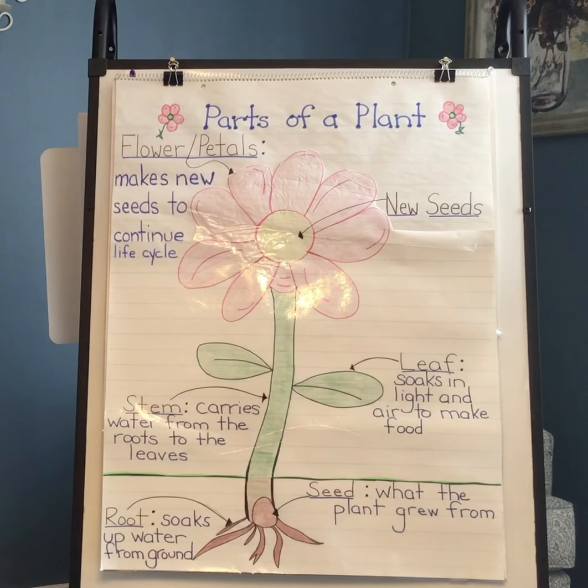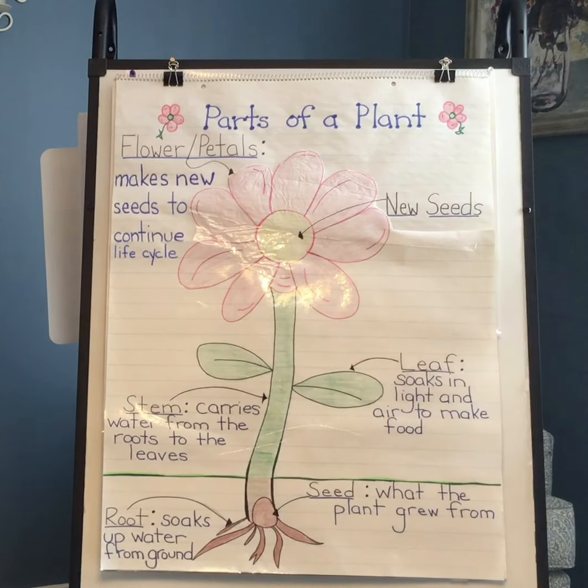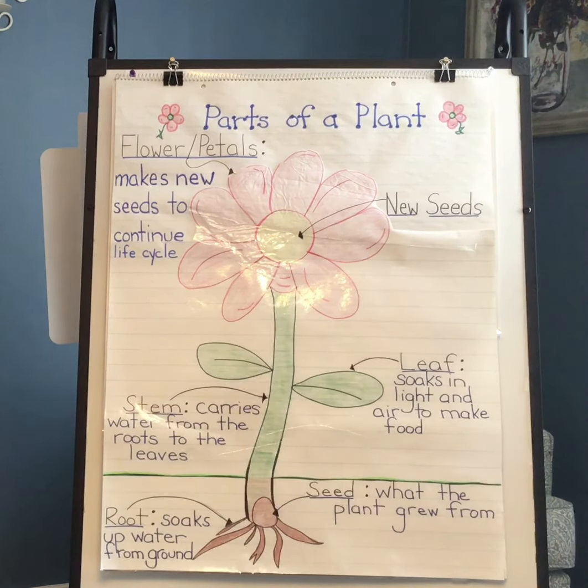So a plant needs food just like you and I do, but a plant's not going to eat sandwiches and cereal and cookies. What a plant needs to live is water, and we know the water comes from the ground, and it also needs light that comes from the sun, and it needs air. That's what the food is that a plant needs to grow. And the leaves on a plant soak up all that sun, soak up all that air, and send it to the plant to keep making it bloom and grow. Good. So that was our leaf, our stem, our root, and our seed.